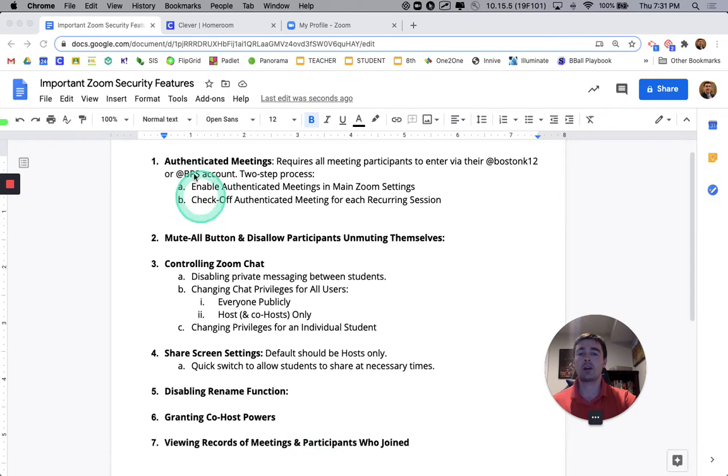So the first thing we're going to talk about is how to authenticate meetings, or make sure that your meetings are authenticated. Basically what an authenticated meeting means, in our case for Boston Public Schools, is that the only people who can join your room are Boston K-12 accounts or Boston Public School accounts. Now this does allow students potentially from a different school who have a Boston K-12 account to come in, but if you have this setting, you will have a nice strong record that can show you right away, oh, this student who's not even in our school was in this meeting,